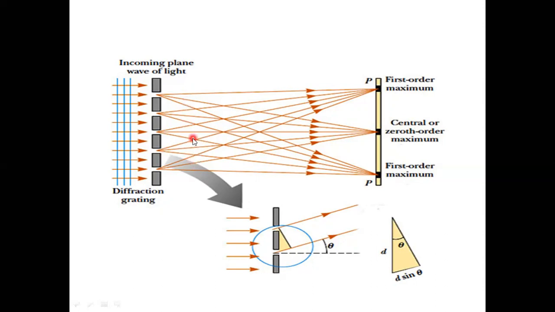So when these rays which are diffracted to an angle of theta 1 superimpose, they give rise to first order maxima on the screen. Similarly, these rays which are diffracted, let us suppose, to an angle of theta 1 dash, when they superimpose, they give first order maxima on the other side. So in this way, we can get central maxima and first order maxima. Similarly, the rays which will be diffracted to an angle of theta 2 will superimpose to give second order maxima somewhere here, or second order maxima somewhere here on the other side of the central maxima. Right? So this is how maxima are formed.